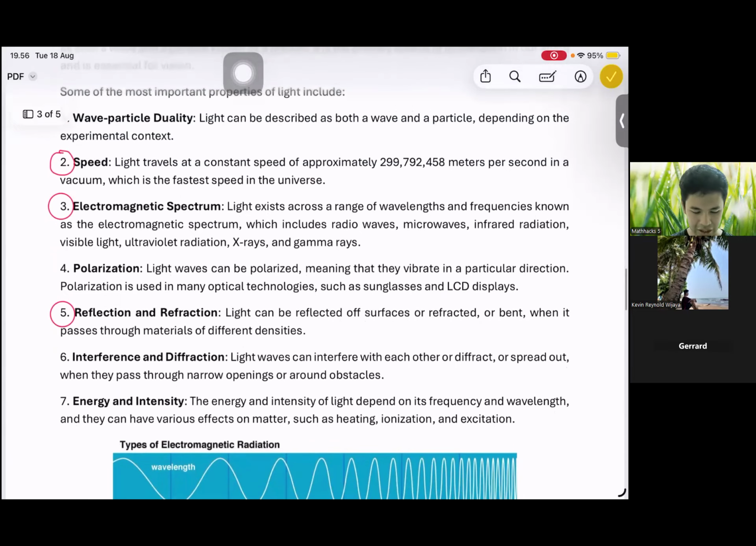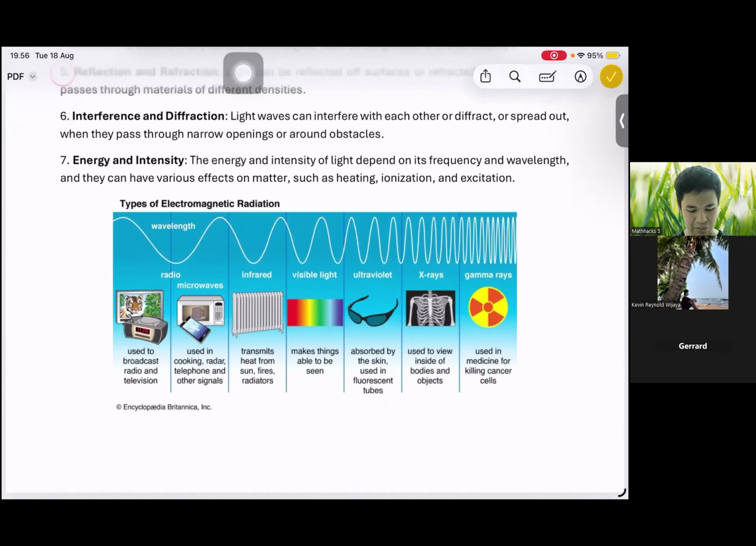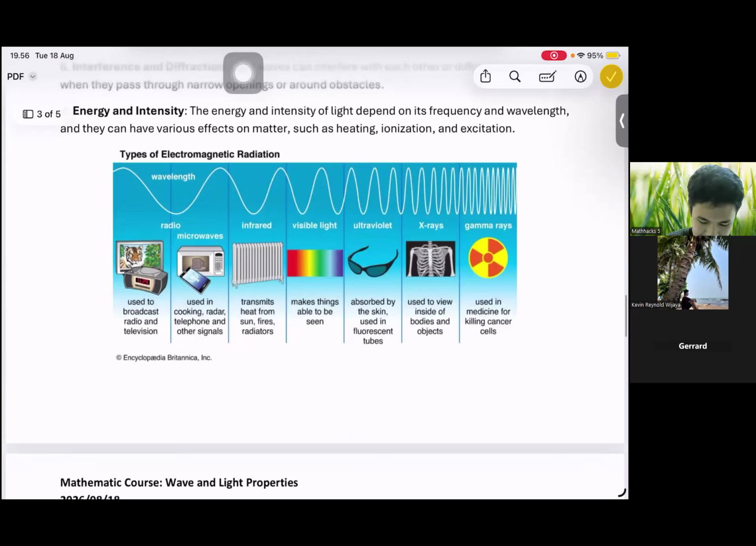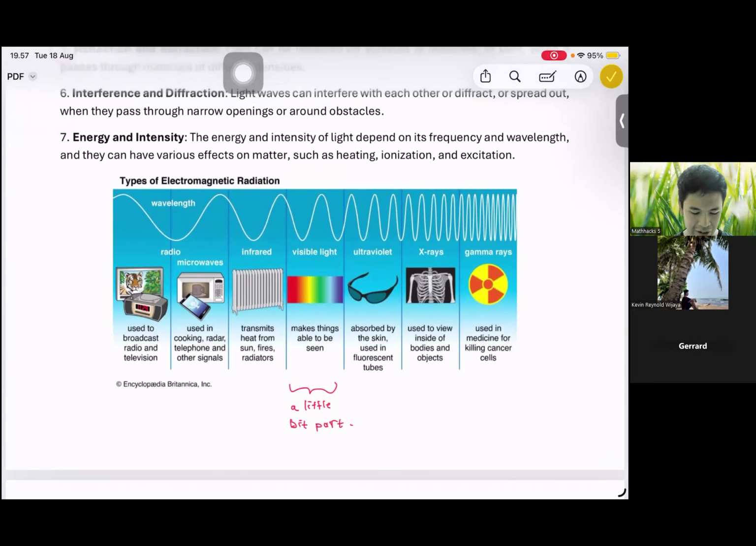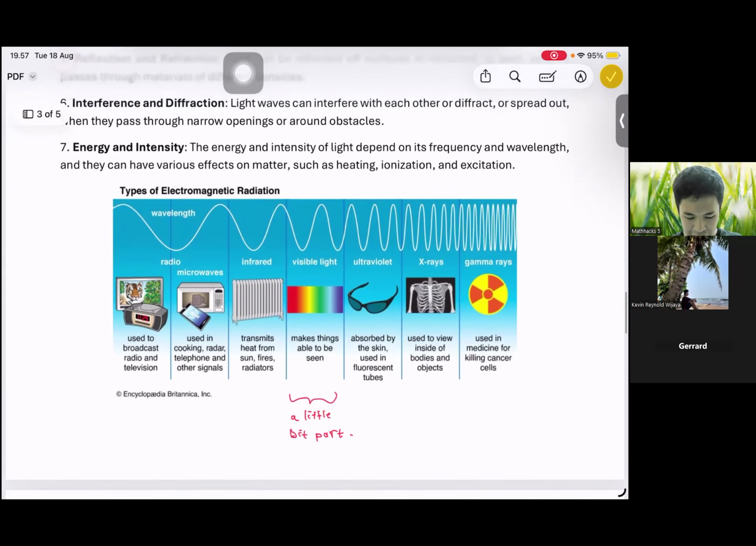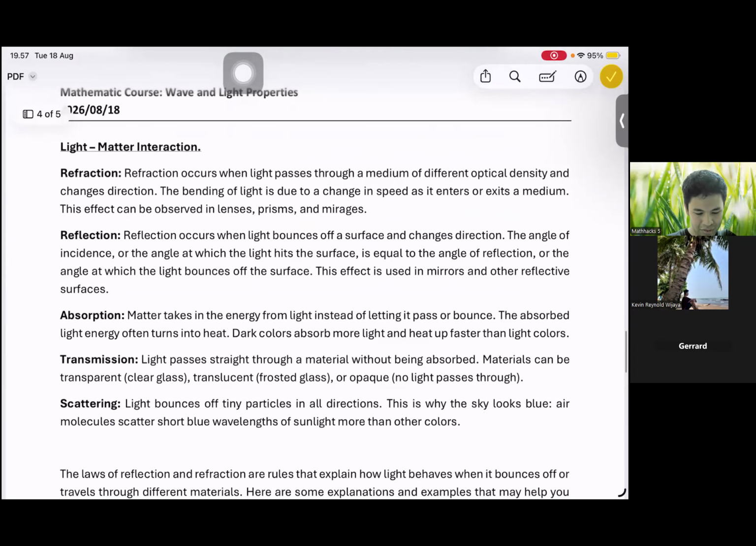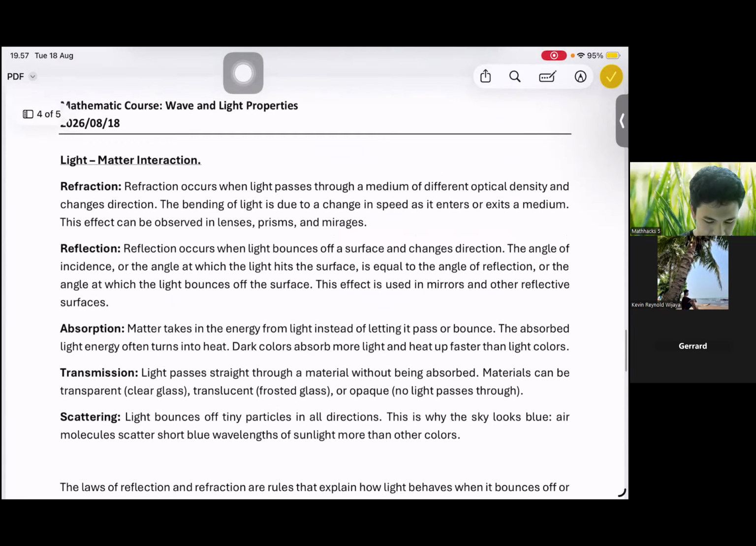Okay, electromagnetic spectrum. So here is the electromagnetic spectrum. Like I have told you before, we have a lot of electromagnetic spectrum, and you can see here light is only a little bit part of it. There are a lot of types of electromagnetic radiation, like microwaves. And the sunglasses that turn black when you use them in the afternoon under the sunlight use the properties of light. Then there is also light-matter interaction: refraction and reflection, also absorption, transmission, and